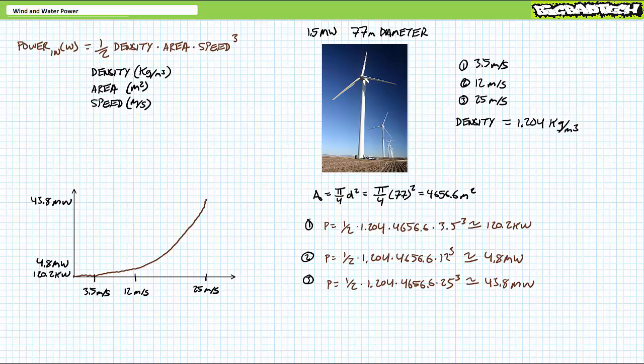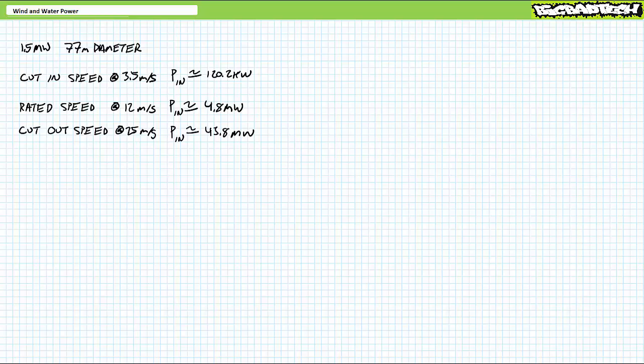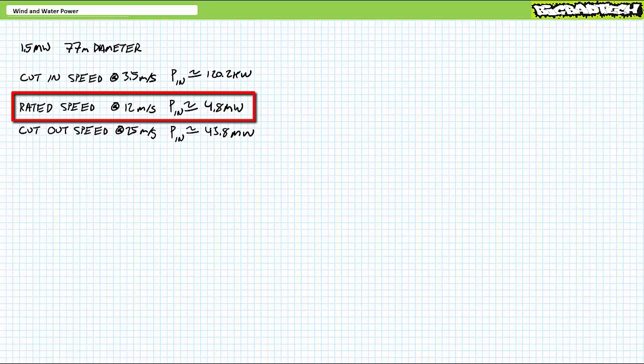This series of examples is meant to illustrate the significant effect wind speed has on power, given it's a cubic term. You'll note anytime wind speed doubles, this represents an 8-fold increase in power, where 8 is 2 raised to the third. Going back to the initial setup for this problem, you'll note this is data specific to a 1.5 megawatt rated wind turbine, where the nameplate rating of 1.5 megawatts occurs at a specific rated speed, in this case